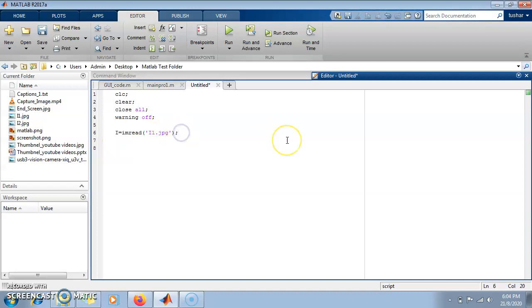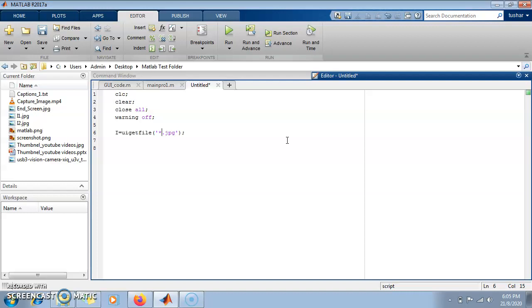But here we will give the user a chance to select any image from any folder in the system by using the command uigetfile. Then in brackets, in single inverted commas, you have to write *.jpg.